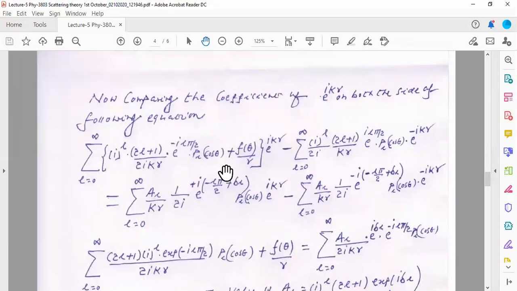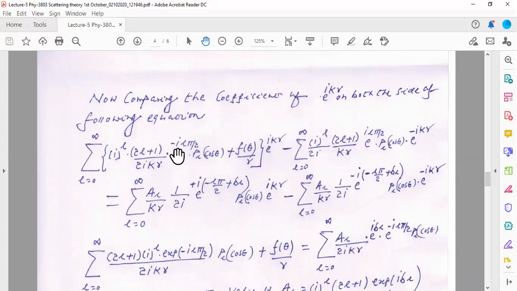So you see, this is the comparison of the coefficient. I'm taking the coefficient of e to the power of ikr. Please remember, dear friend, there is only one thing you take care of, that is the bracket term. This curly bracket appears here. Please note down that this curly bracket should appear here, and plus f(theta) e to the power of ikr, that you please note down.